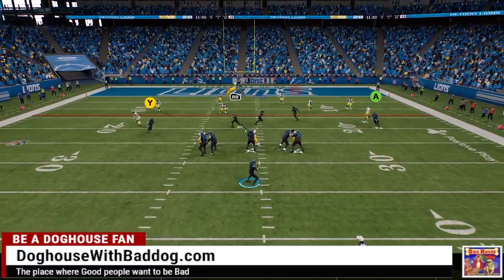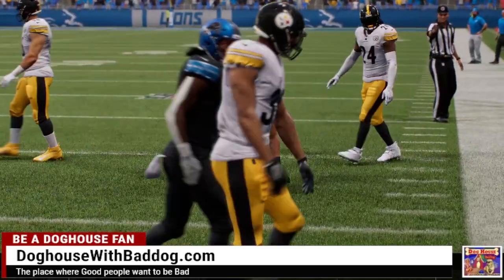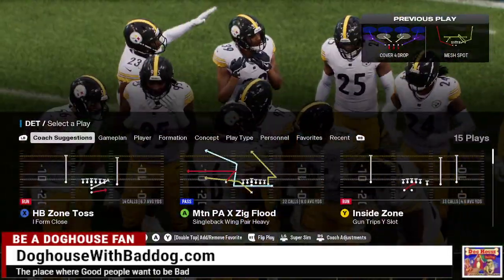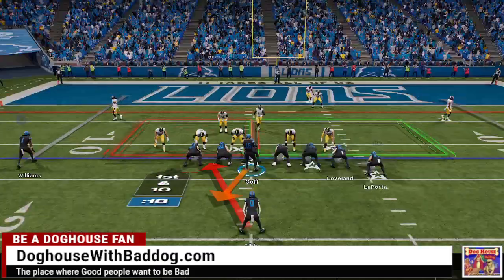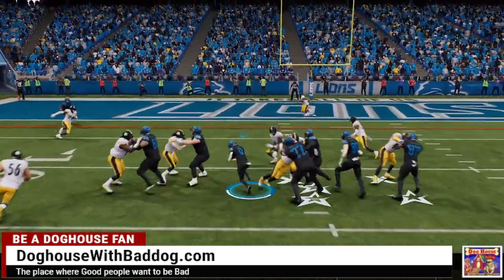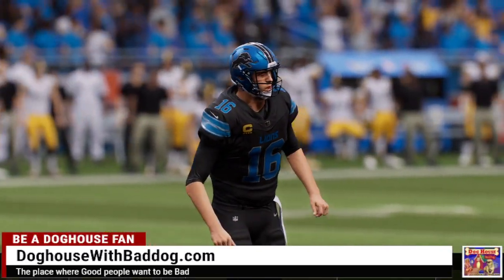They'll try the air now with Goff. And he's got his favorite target yet again. It's complete. And he's brought down, but he has it down to the 12 on a pickup of 12. 1st and 10. Whatever the discussions were at halftime to try to slow down this offense, it has not worked to this point. Yeah, I have a vision right now of everything that was discussed at the half just being